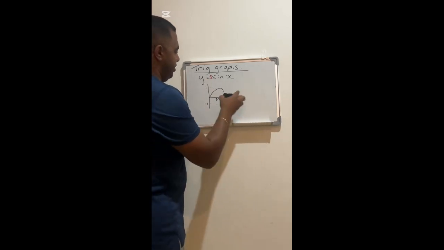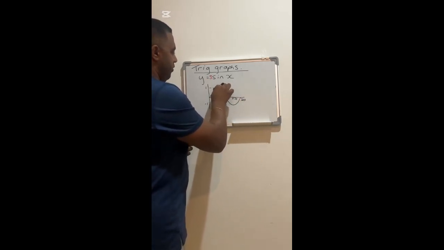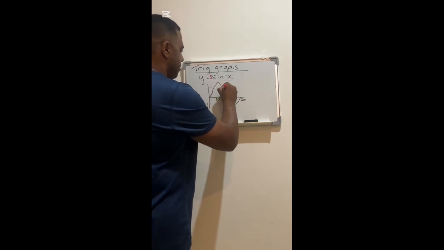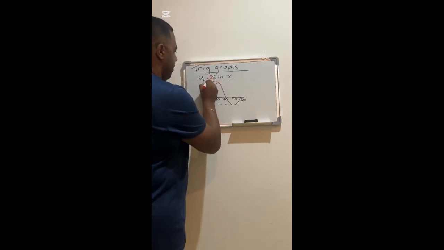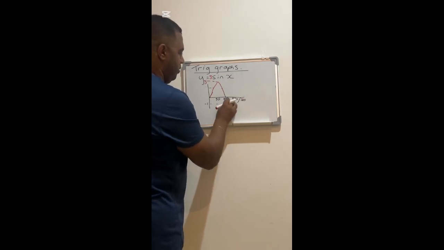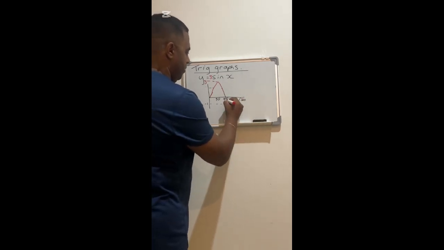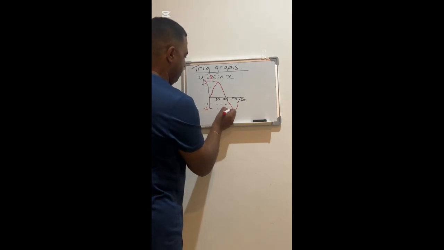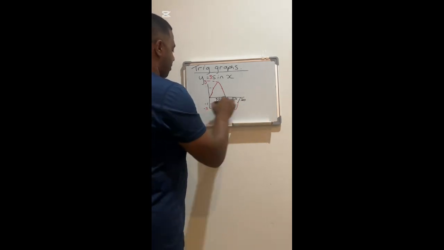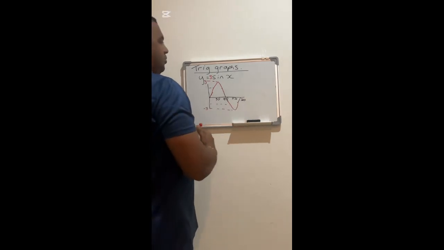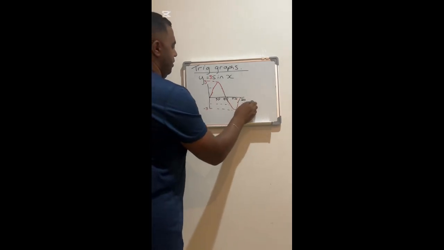That basically changes the amplitude of your graph. So that will just extend this to 3, and this one will also be extended to -3. So that's what the difference in amplitude can be. Okay? So the next one that you can get is